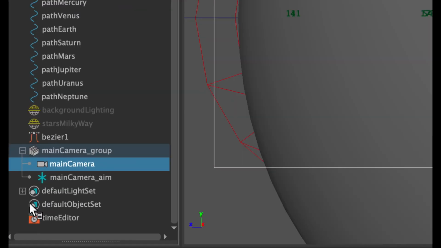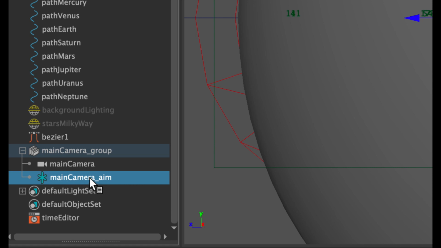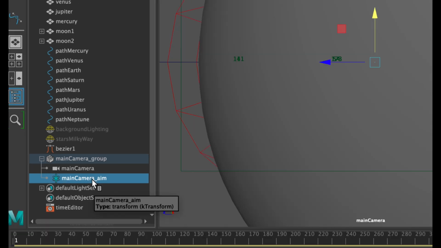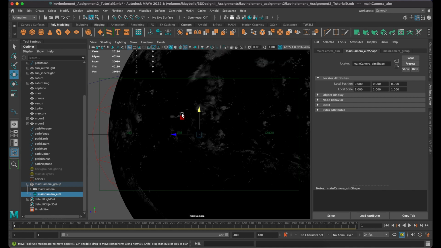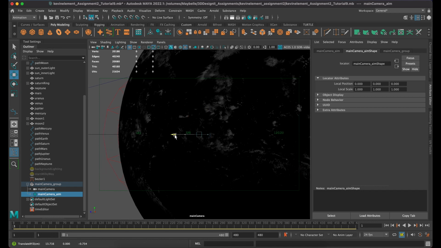So maybe what I'll do, I'm gonna think for a second about this camera aim and what is it actually looking at. At the beginning, it's looking here. And I'm just going to turn on my textures to make sure that I'm indeed looking at that cloud layer. Fire that up. Yeah, so I am looking at Earth. And this is my camera aim. And I'm just going to move that around inside of,